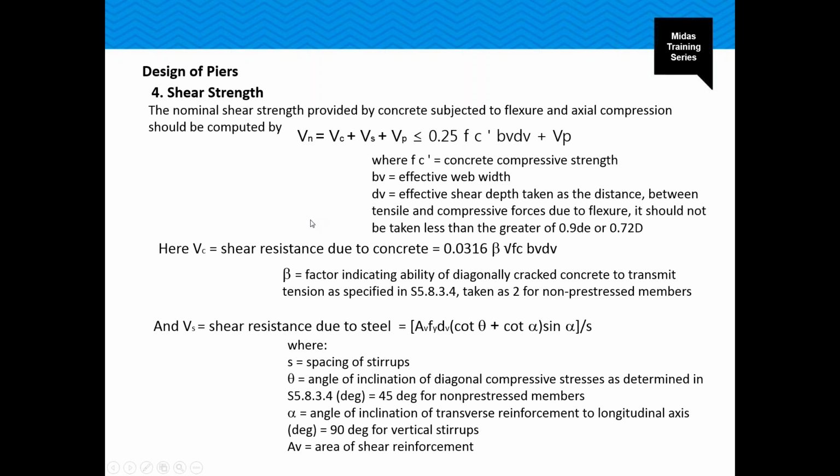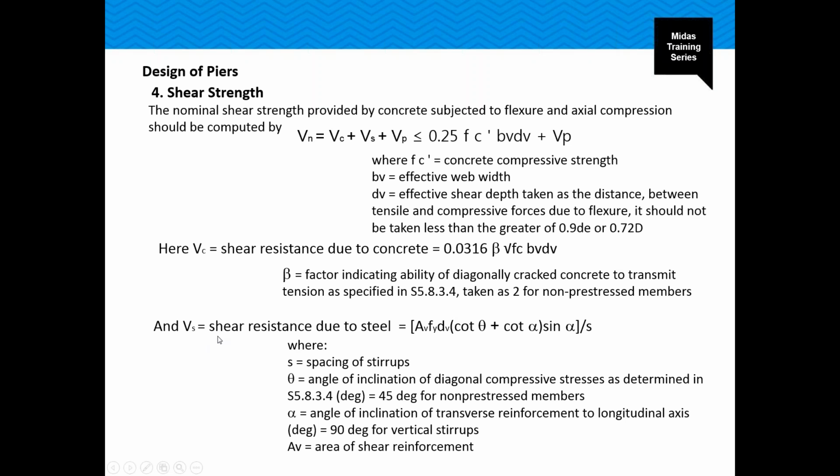So again, first we calculate the shear in concrete, which is given by this equation, where beta is the factor which indicates the ability of diagonally cracked concrete to transmit tension as per clause S 5.8.3.4. So this is taken generally as 2 for piers,